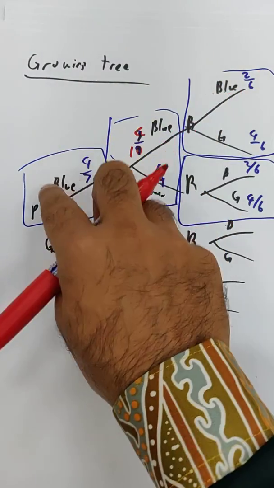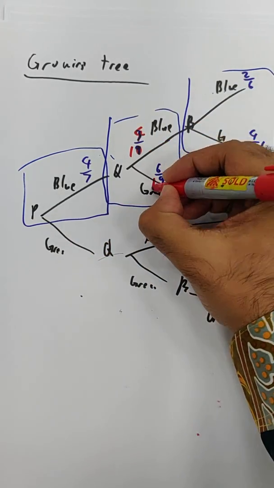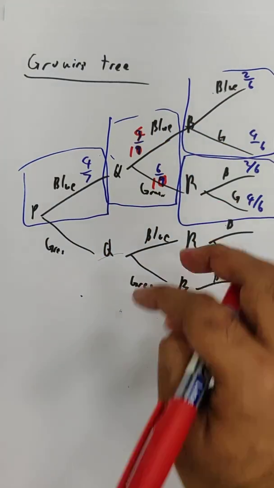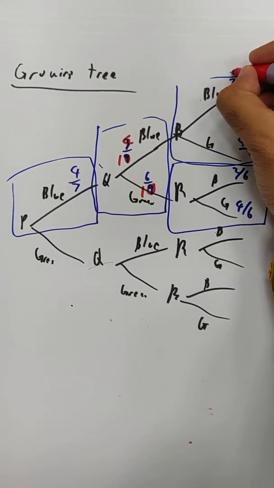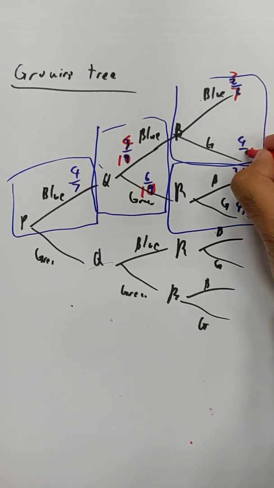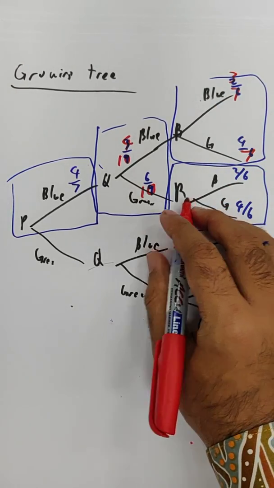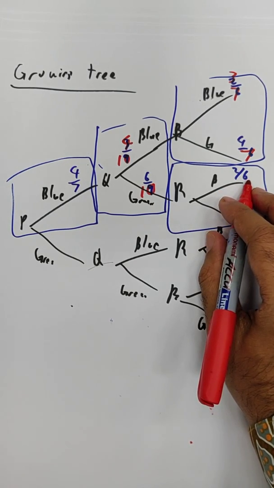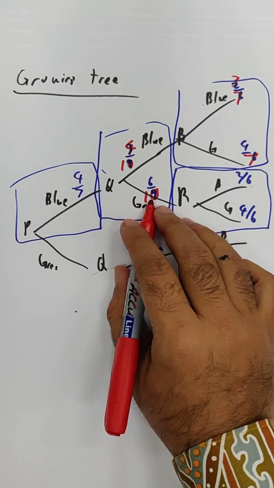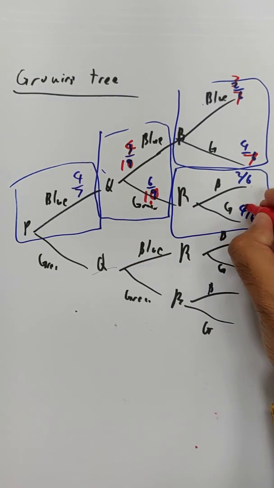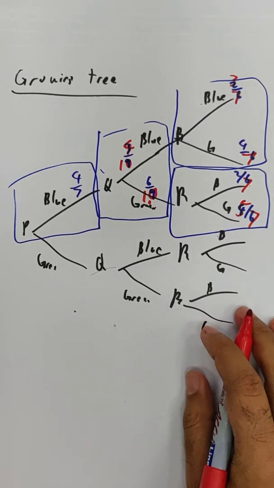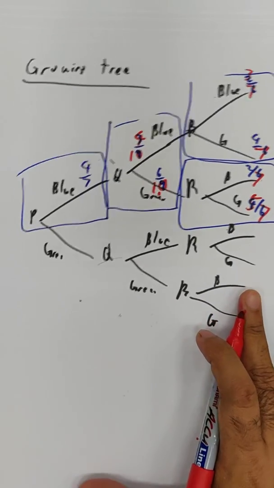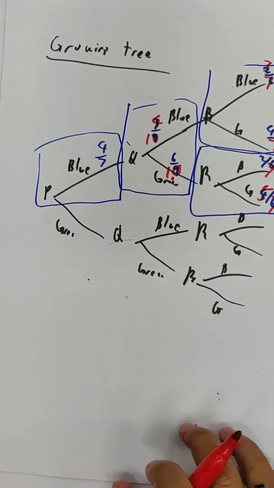Why does the green remain the same? I'm taking the blue, but the total becomes 10. Now I'm taking this blue and putting it into this box. I got myself 3/7, this one 4/7. But what about this one? 3/7? No, it's wrong because this time I'm taking the green. So this time I'm adding to the green. 5/7. However, the total will increase. If I'm speaking too fast, please slow down the video and watch it again. You may try it out on your own for the second path.